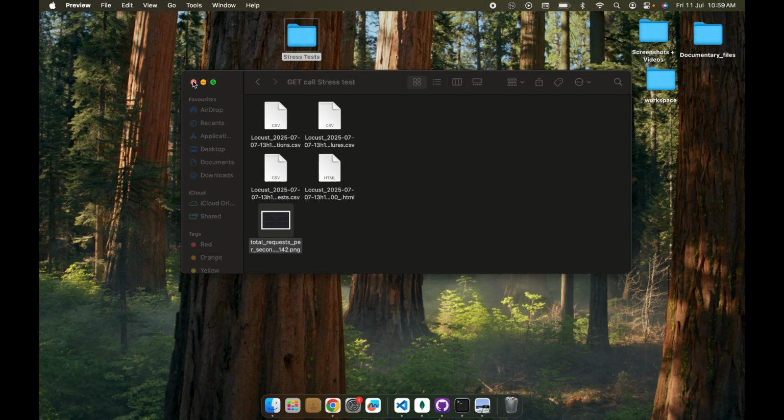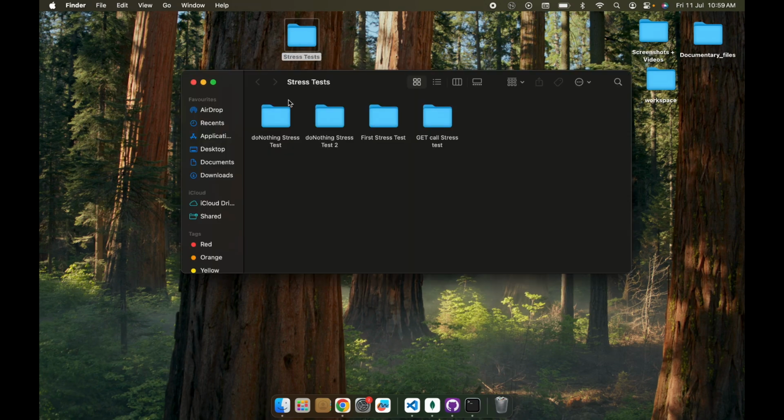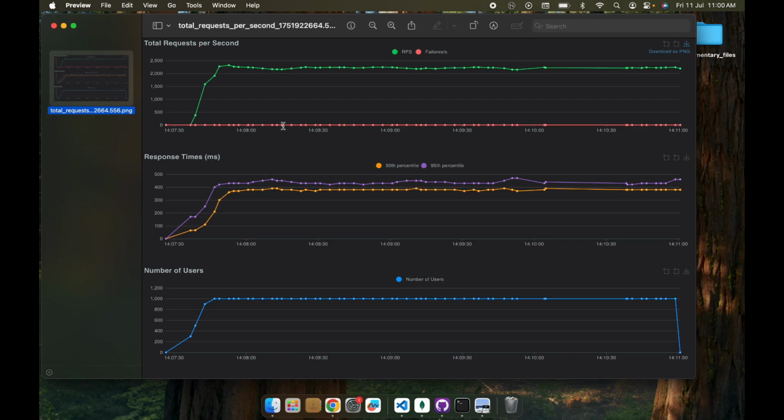Before we change the architecture, we ran 2 more tests. The first was a dummy test or a do-nothing test, where we simply tested a new function called do nothing, which immediately responds with success, it worked, and doesn't do anything in the middle. Again, we tested it with 1,000 users, and this test was quite promising. This showed us the limit of what the API could handle if it wasn't making any calls to MongoDB. And this is quite promising, as I said earlier. Around 2,200 requests per second, as you can see here. No failures, and a response time of around